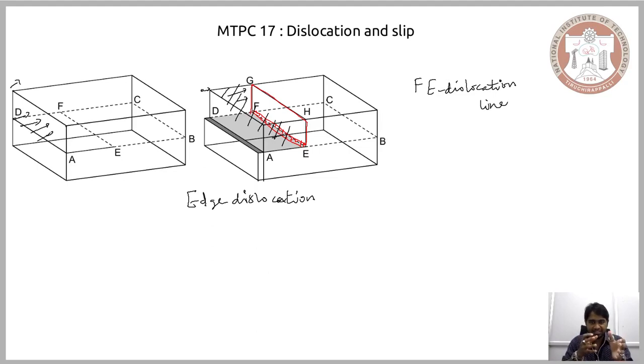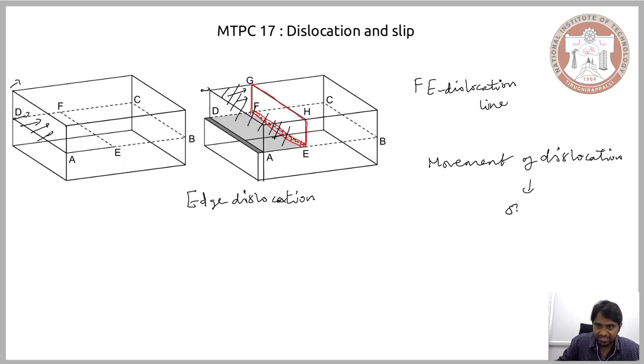So to speak, this extra layer of atoms, the row of the extra layer of atoms with which we discuss these atoms, that is the dislocation line, is what we refer to as the edge dislocation. So there is a region in this system which has already seen the movement of the edge dislocation, and there is a certain section of this region which is yet to see the movement of the edge dislocation. This movement of the edge dislocation, or just the dislocation, is what we refer to as the slip. So the definition of the slip is the movement of the edge dislocation.